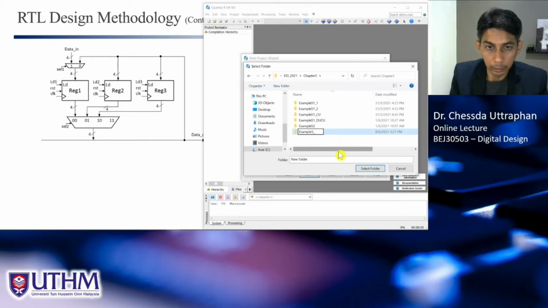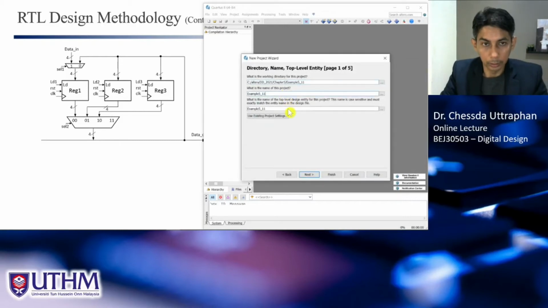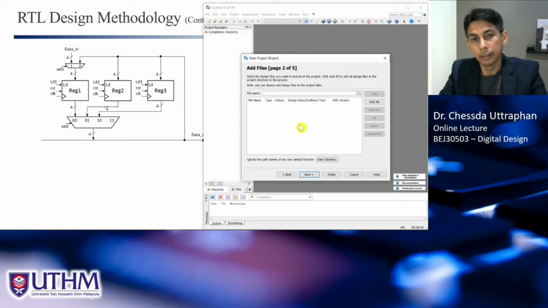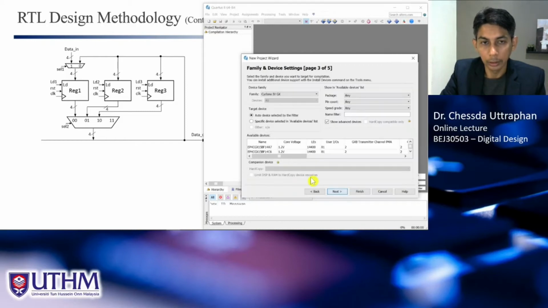I already have five, so I create a new one and name it 511. Actually we don't have any file to attach, because we want to create a new one. Here you can click next,